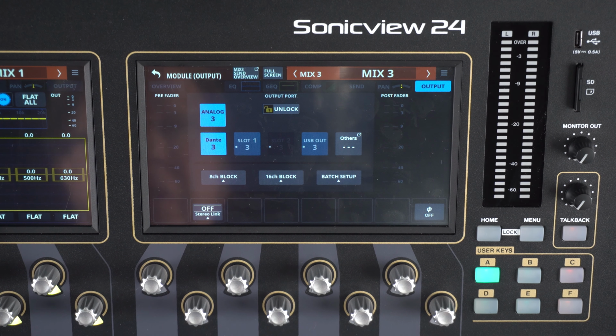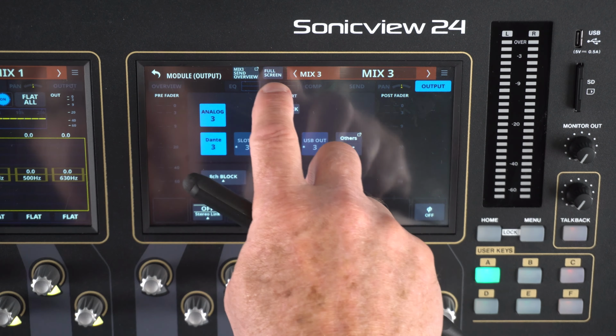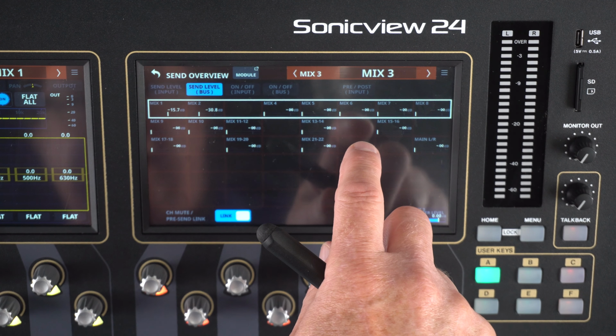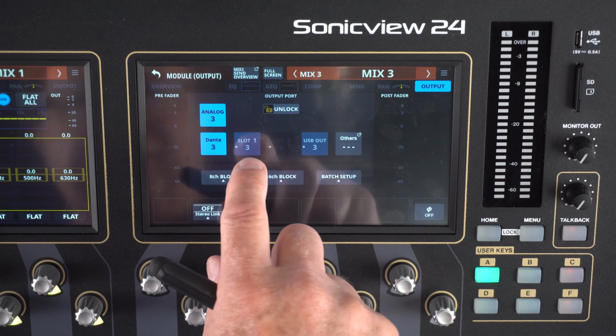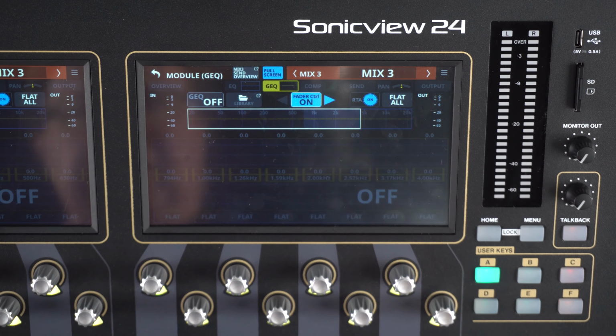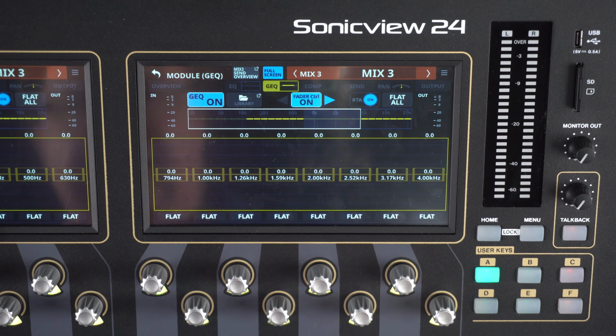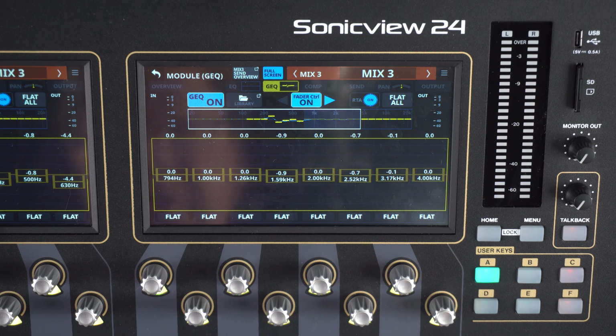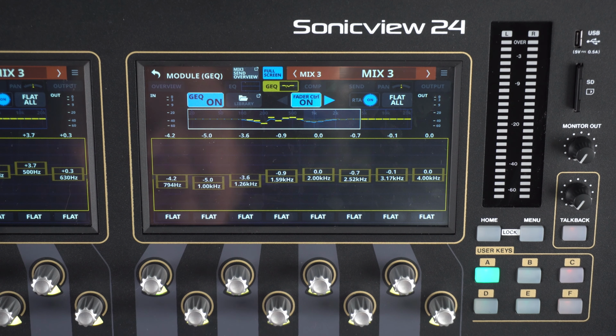That's basically an overview, a fairly complete overview of what a mix is, how to use a mix, how to process a mix, and then how to send a mix to the individual outputs of a SonicView 24, including some of the new functions that we have, like if I hit Module here, like the graphic EQ, now being able to use send on faders. And let's turn that on in all its glory here. Mix 3, send on faders. You can't beat it. It's very cool.